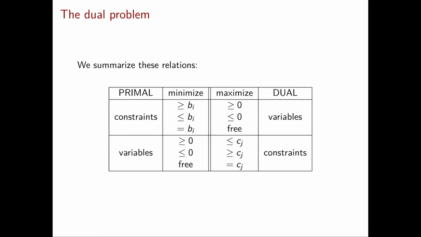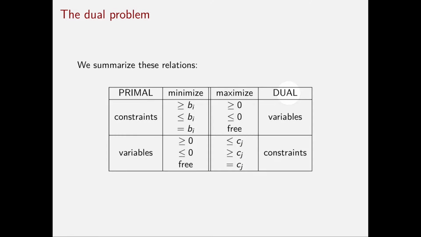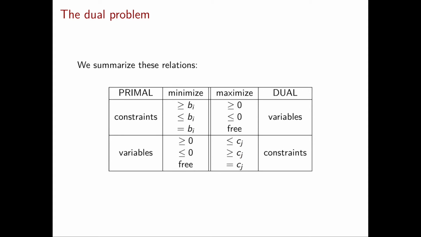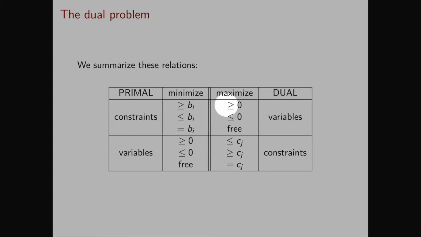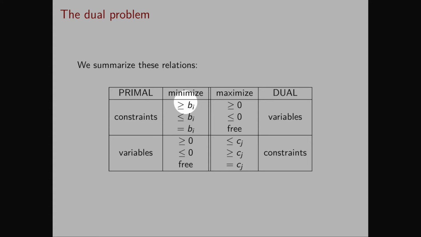In order to easily memorize how to construct a dual linear programming problem, we write down this table. The left part of this table represents the primal, while the right part represents the dual. In the primal we minimize, while in the dual we maximize. For every constraint of the primal, we have a corresponding dual variable. And the inequality signs between these constraints and these variables are somewhat maintained. If in the primal constraint I had a greater than or equal to, then the dual variable will be non-negative. If in the primal constraint I have an inequality of the type less than or equal to, then the dual variable is non-positive.